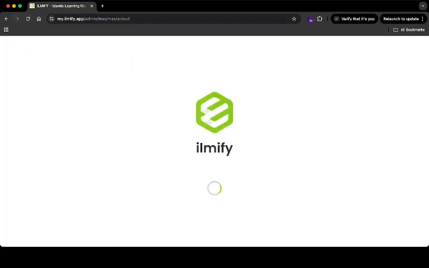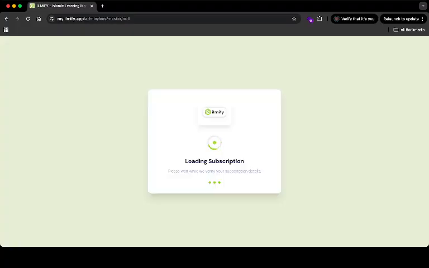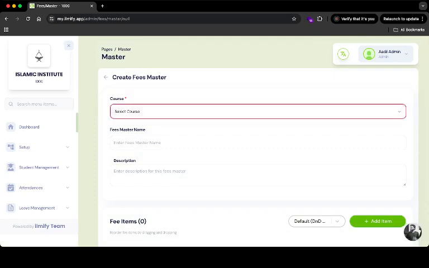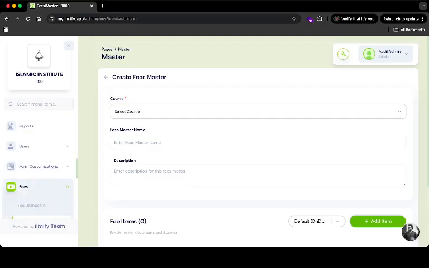So once I'm going to configure the fees things, I'm just going to create the fees master first of all. So now I am selecting the course here. Once I have gone through these things on the fees structure, first of all we need to